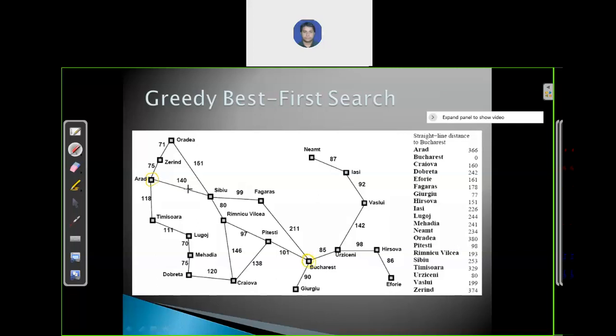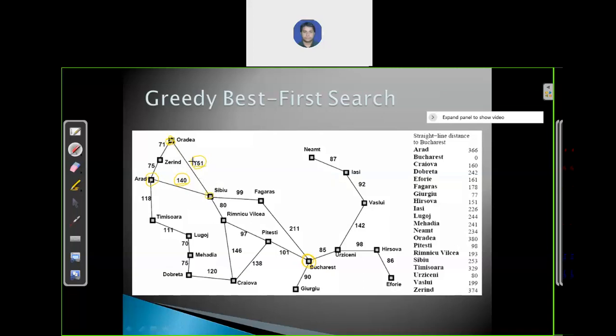The numbers written over these edges are the paths between these two cities. These edges show the paths between the cities, and the number shows the cost. It will take 140 cost from this city to this city. It will take 151 cost to reach from this city to this city.